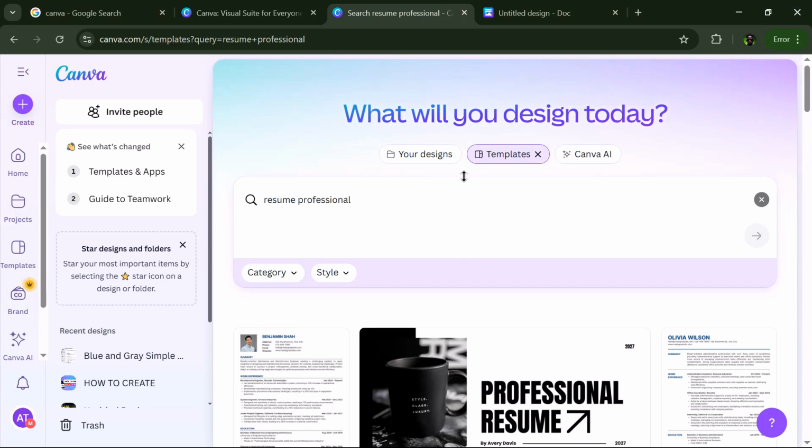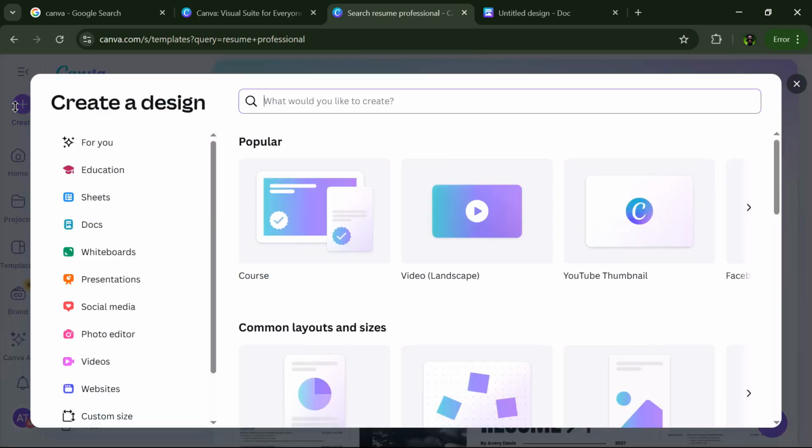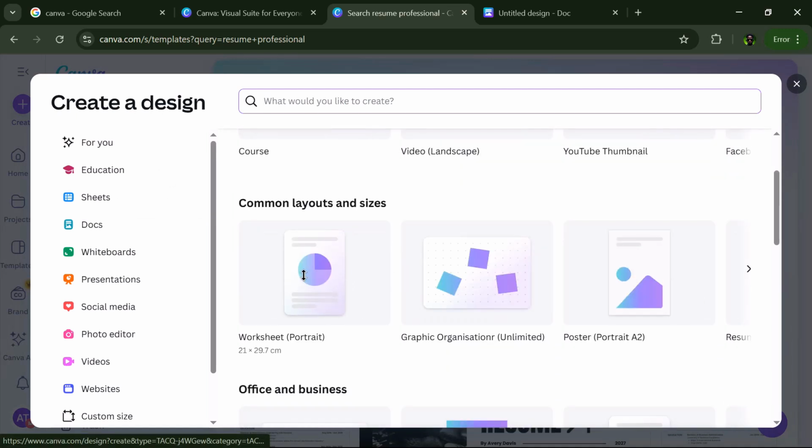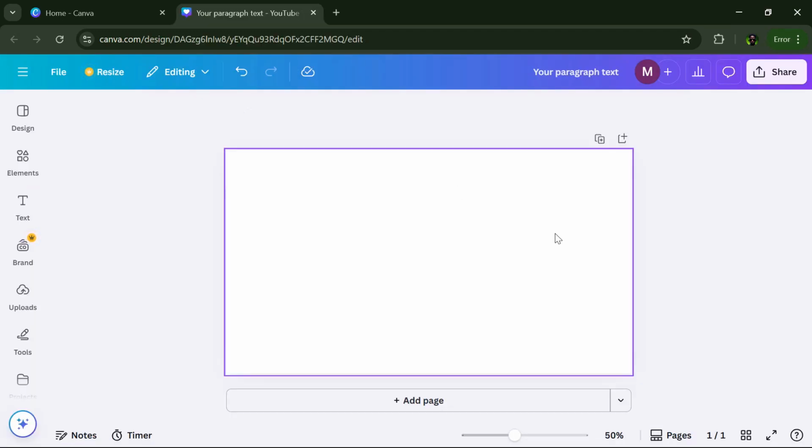All right, so once you're logged in, how can you use powerful PC shortcuts on your designs? You could go ahead and click on Create at the top left corner of your screen. Click on Create here and simply select any of the popular templates you can make use of. I'm going to be going with the worksheet template, so I'm just going to go ahead and click on this. It's going to open up like this on my screen, and with the blank canvas opened, all you need to